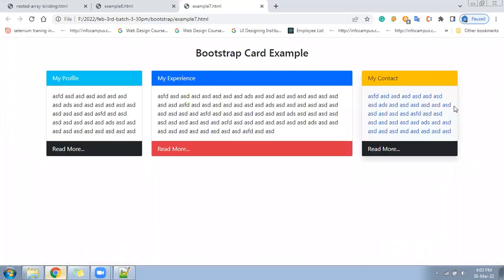See, the shadow got applied. The same card looks different, and better.